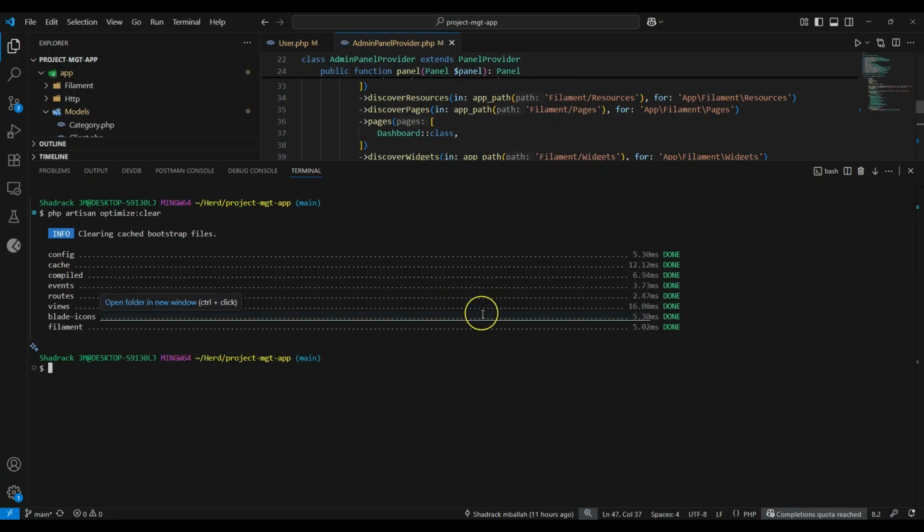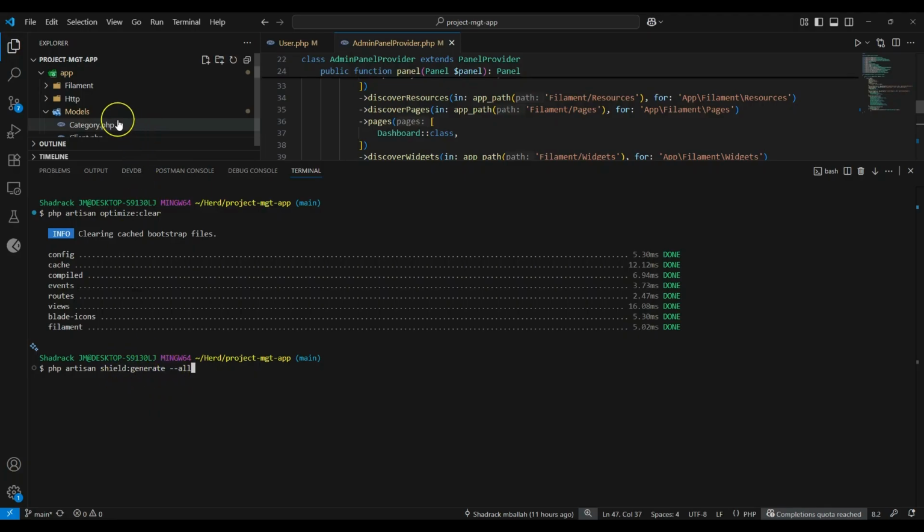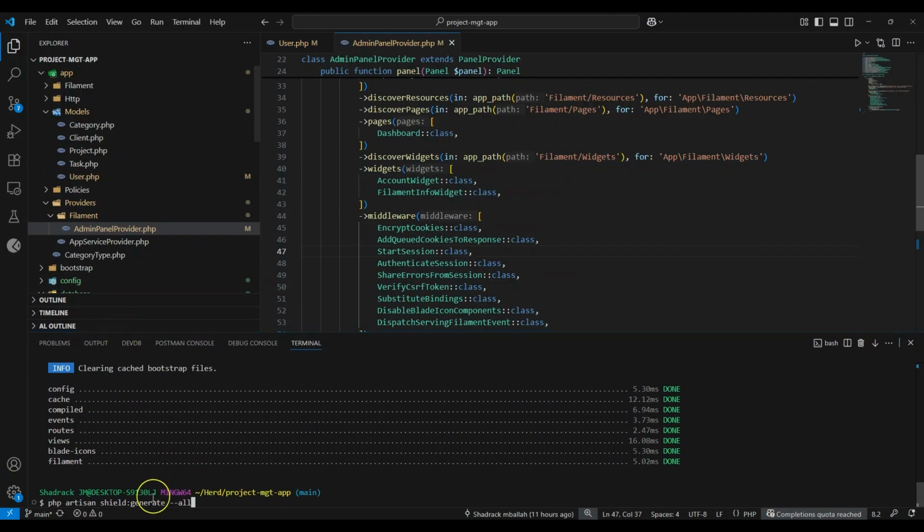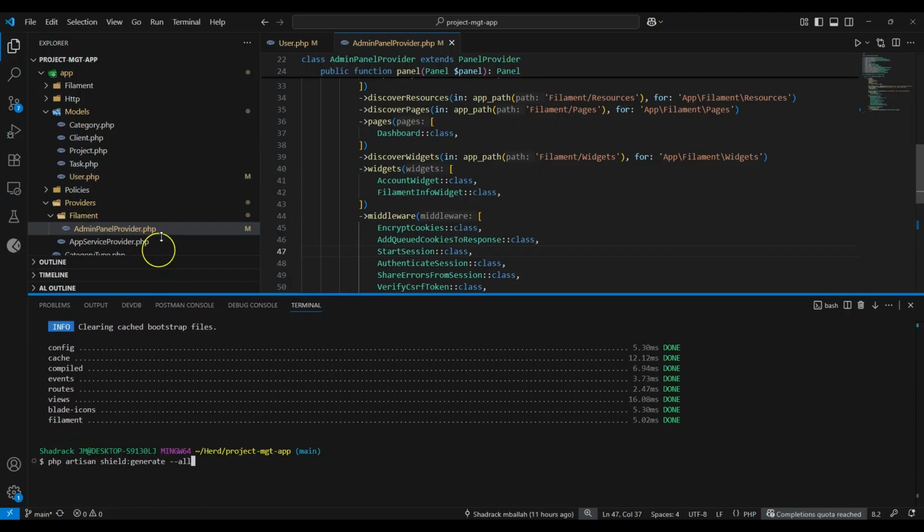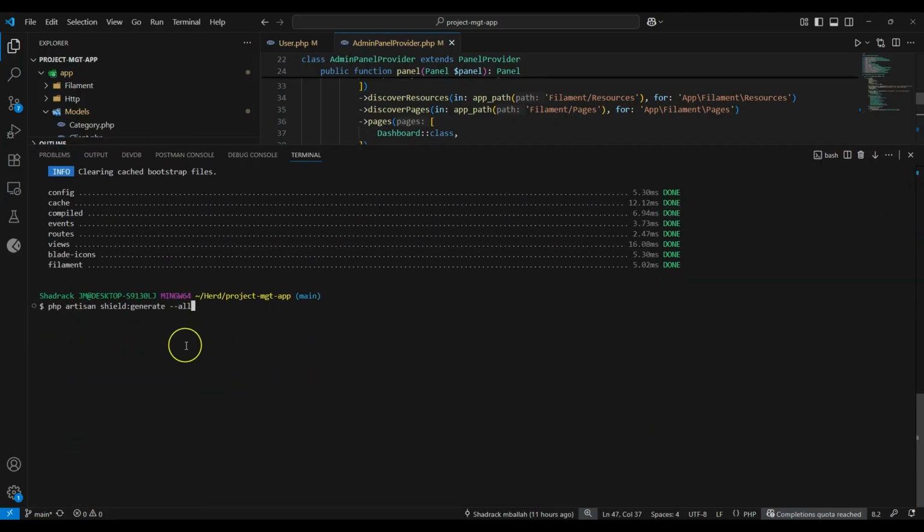Okay, and then after that, I'm going to run the following command, which is php artisan shield:generate. So I'll say generate, then all. So this flag means that we are going to generate the policies for all our models that we have here. So now let me just press enter,